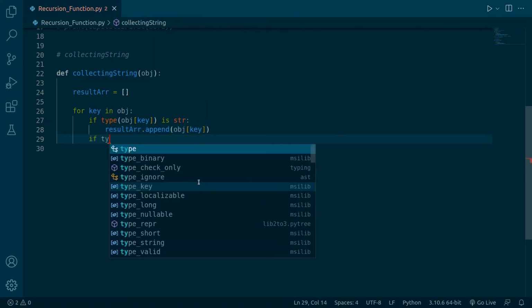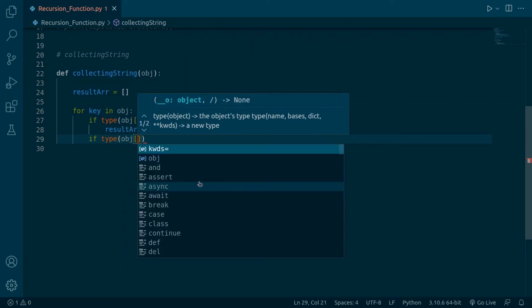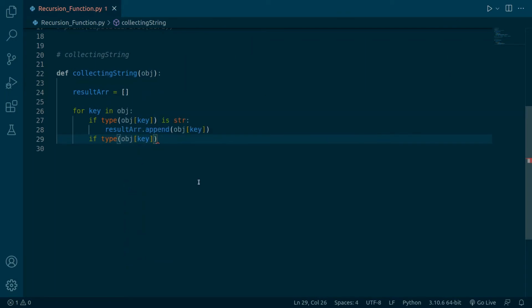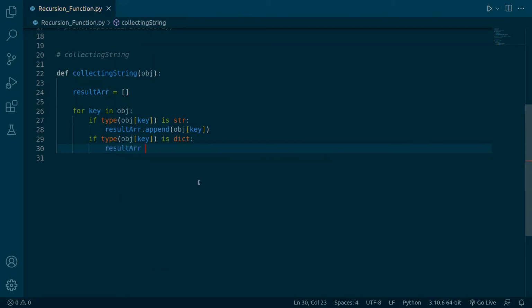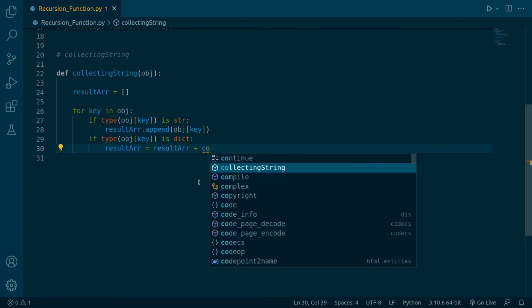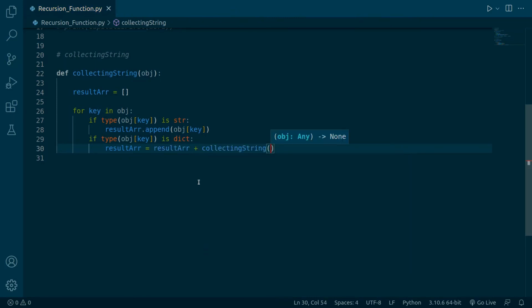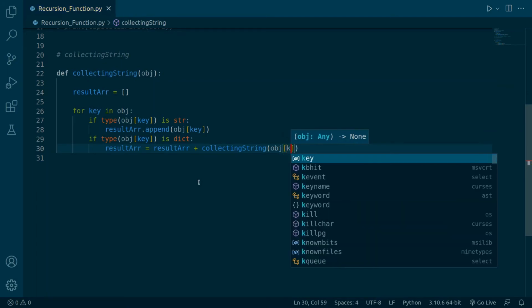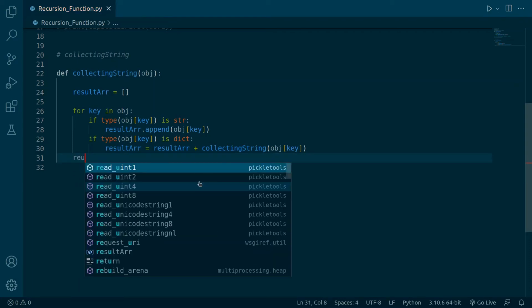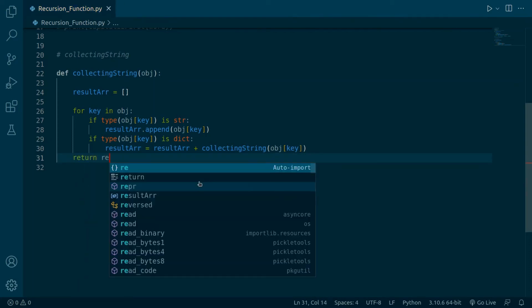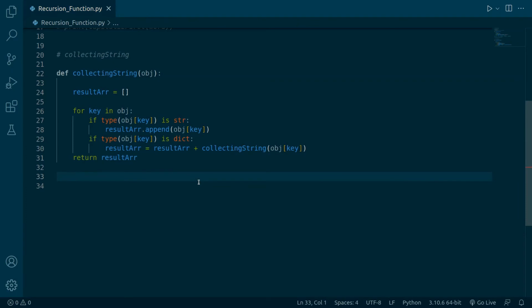Or if type of object key is the dictionary, again the result equal to result plus from calling the function collecting strings object of the key. Now here we have return result. Here we have an object